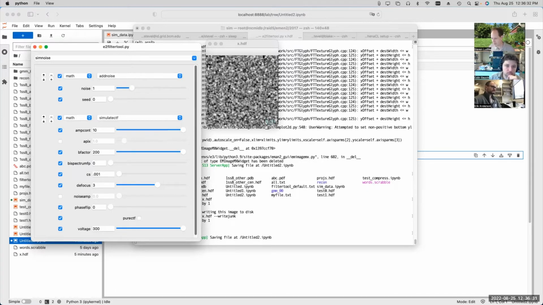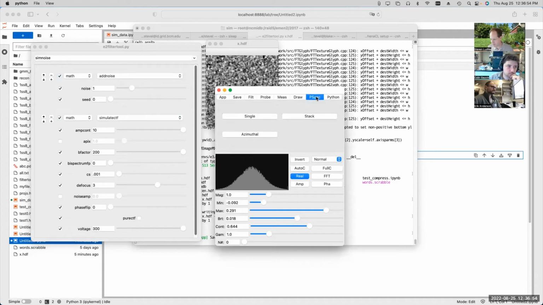So you might look at that and say, wow, that actually looks a lot more like what I often see in the background of a CryoEM image, right? I mean, it seems to have some sort of texture to it, which it didn't have before. Well, it's still pure noise. It's just that we've applied a filter to the noise, so certain frequencies of noise are stronger than other frequencies of noise, right? So if we look at the power spectrum of this,